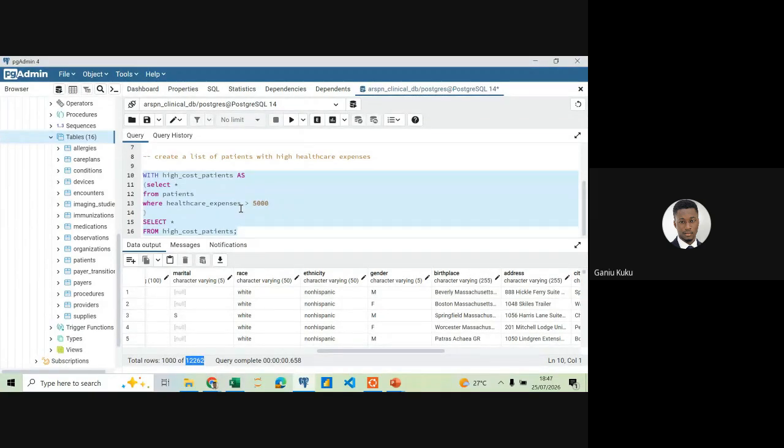So just know that when you want to make your long query short and you want to break a complex query into smaller ones, that's when you use CTEs. You can look at another example, like maybe